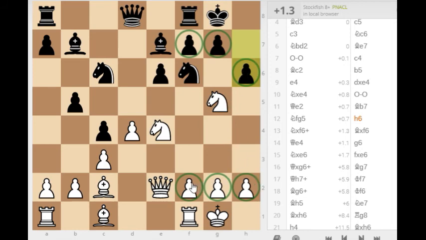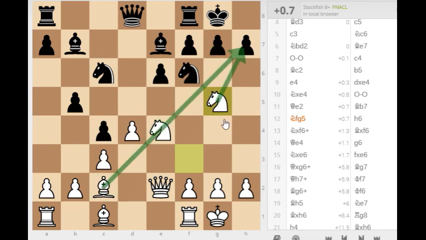But he was feeling the pressure, too many pieces looking over there, and he had to do something, because we had some threats over here. Like I told you, we have this knight looking here, we have this bishop looking here. Those two pieces looking there, and only a knight defending. So our threat here